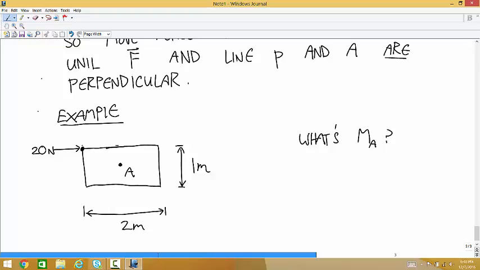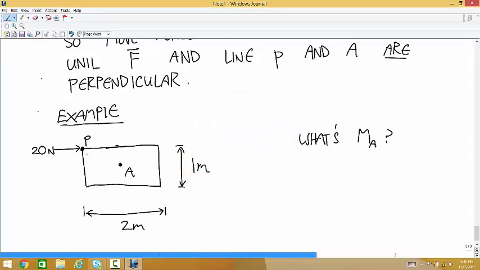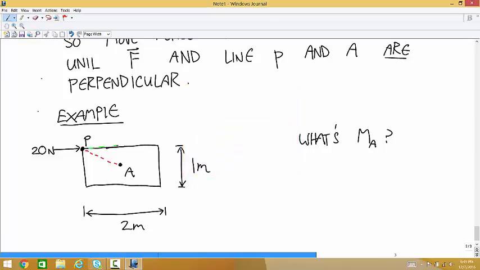Well, this is the location P. And if you draw a line from P to A, it looks like this. And that line isn't perpendicular to the force. But the line of action is this. And so we can move that force anywhere along the line of action. And if you move it to this new location here,